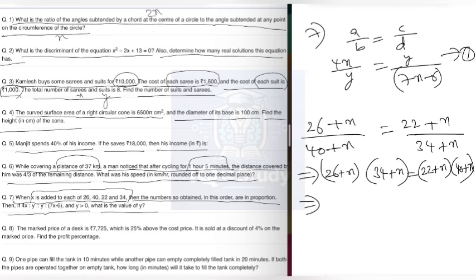After simplification, it becomes 884 plus 60x is equal to 880 plus 62x,